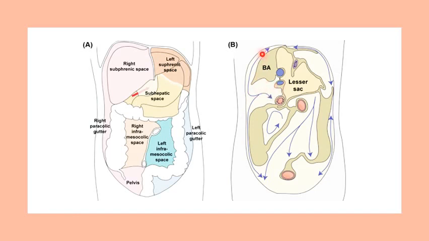Now this is the lesser sac, which is communicating with the hepatorenal pouch of Morrison, which is present here. So this is right anterior intraperitoneal. This is the right posterior intraperitoneal, that is nothing but the hepatorenal pouch of Morrison. So the lesser sac is communicating with this hepatorenal pouch of Morrison. The space present in between is nothing but the epiploic foramen. The other thing you can see here is that the hepatorenal pouch of Morrison is continuous along the right paracolic gutter so as to communicate with the pelvic cavity.